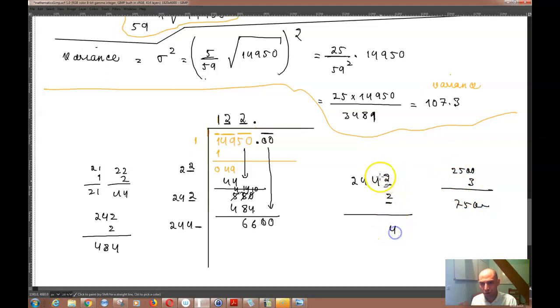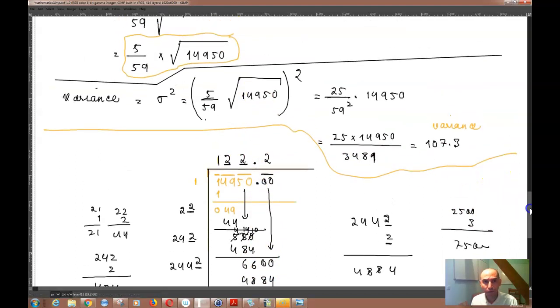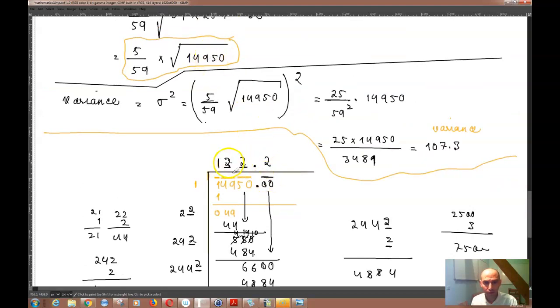So 2 times 2 is equal to 4,884. So that's a 2 here, and you get basically 4,884. And you will get some remainder here, but this part over here is approximately 122.2. So 5/59 times 122.2